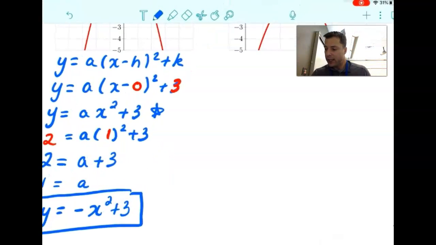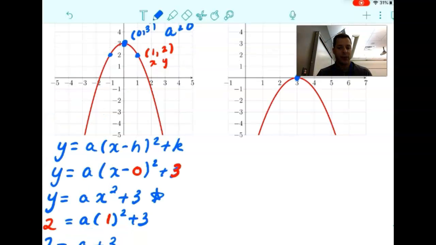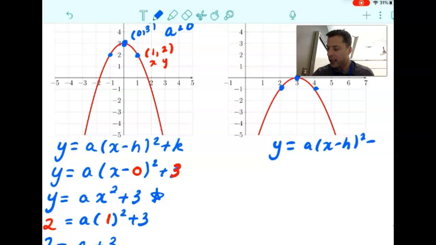So if we look at our second graph, it's also opening down, so the a value is going to be negative. So I encourage you to pause here and try to write the equation yourself. And I'm going to go ahead and do it. So again, I have y equals a times x minus h squared plus k. Our vertex is 3, 0. It's a shift right of 3 units. So we'll have y